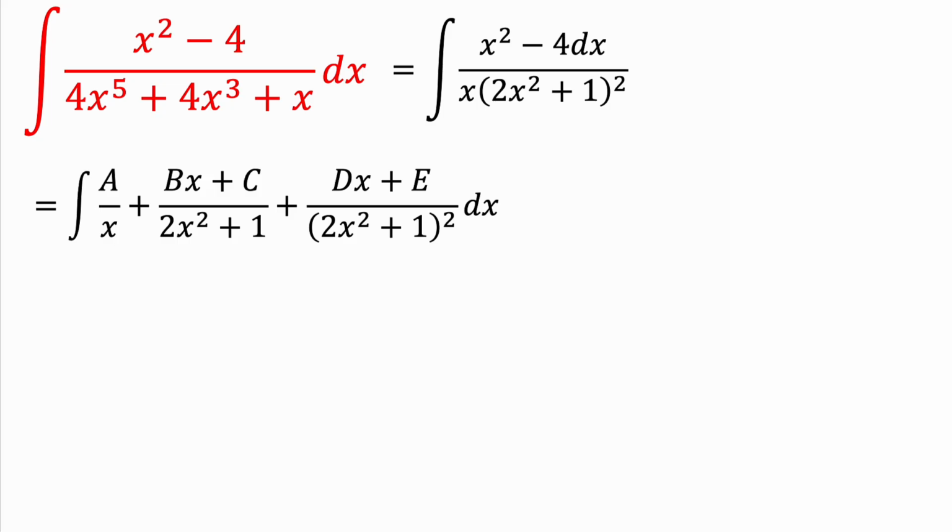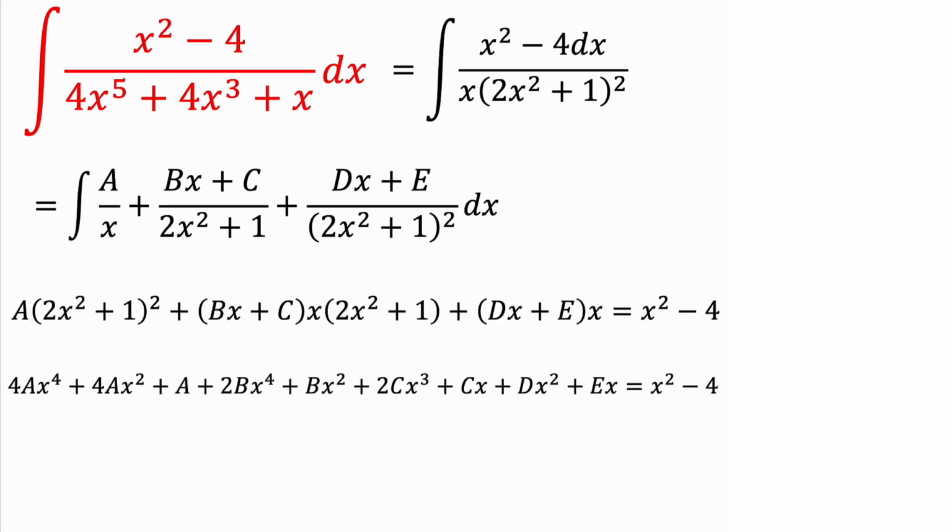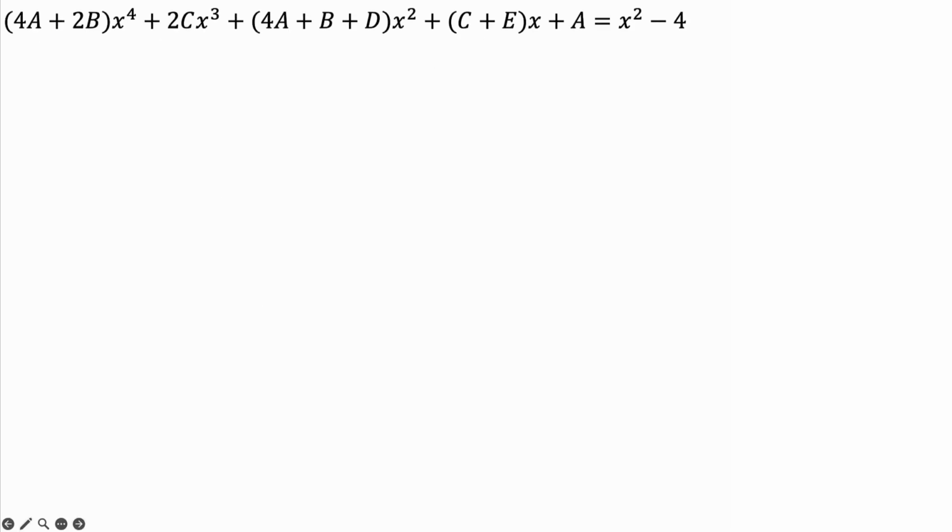all divided by the quantity 2x squared plus 1. And for the second one, we write dx plus e all divided by the quantity 2x squared plus 1 all squared. And now that the separation has been completed, we are back to finding the common denominator. As per our agreement, we will find the common denominator for each term, and then we will set both sides equal. If you have taken a common denominator and then set the two sides equal, you can once again solve this problem by equating the coefficients on both sides,